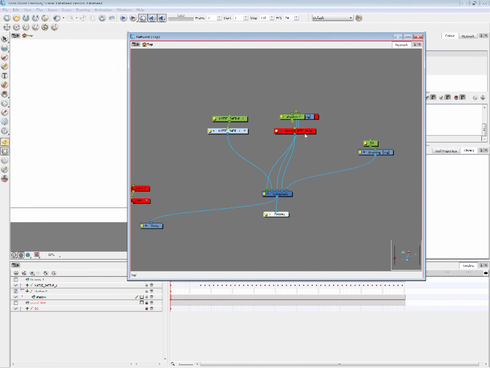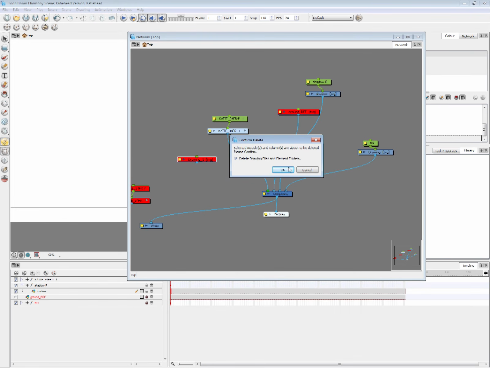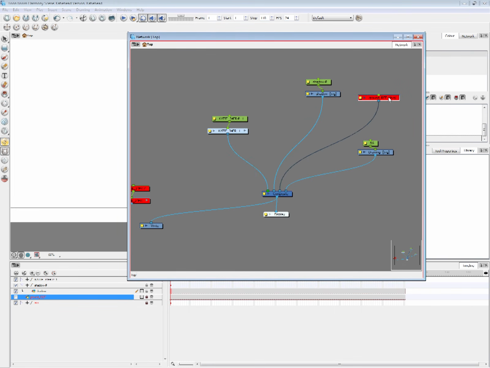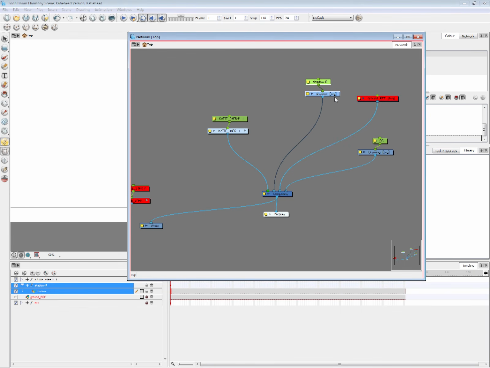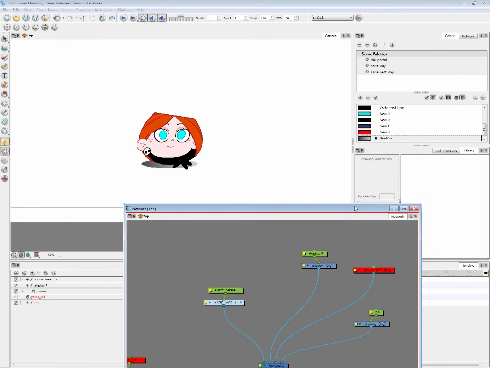We'll go to the top, and we have a bit of a mess here, and this is the rough that I used. We can disconnect it to not show. I'll just delete it altogether. This is ground reference. Let's keep it for now. Here we are, shadow and this and that.